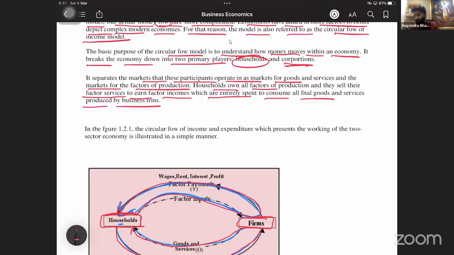So what will firms do? Firms go on producing and they have all the goods. Households have the factors of production, but what do firms have? They have goods. They will use these factors of production to produce the goods. For the goods which are produced, they will start making the factor payments. To whom? To the household. Why? Because households, they will give